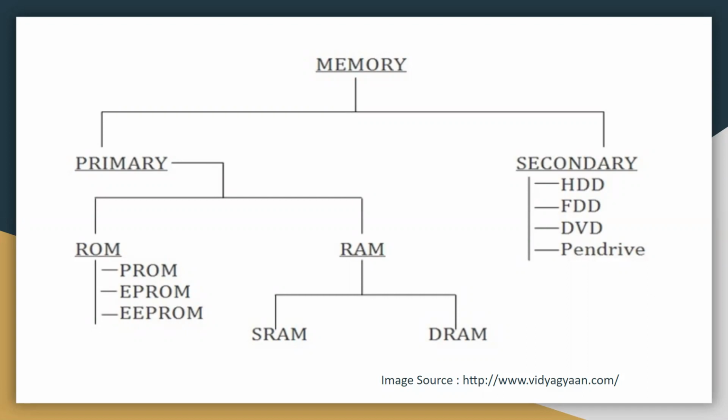PROM stands for Programmable Read-Only Memory, which is used for programming by the users. Once you have programmed something into this PROM, the data and instructions in it cannot be changed later. Next is EPROM, which stands for Erasable Programmable Read-Only Memory. Whatever you have programmed, you can erase with the help of ultraviolet rays. But to reprogram it, you have to make sure that all the contents previously saved in the memory are deleted. Only then can the reprogramming process start.